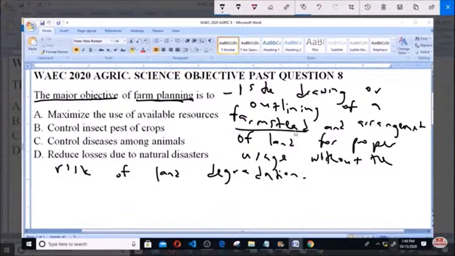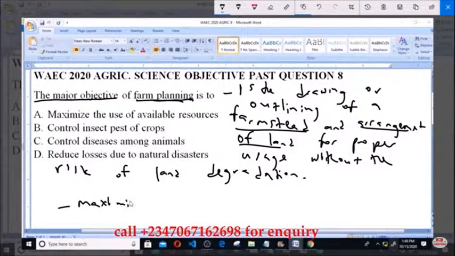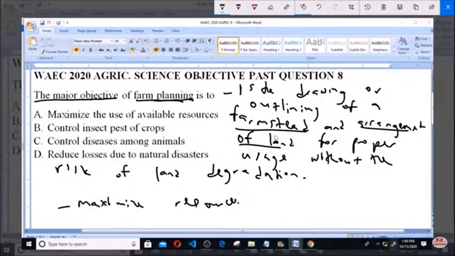for whatever purposes or for the farmstead, and this is done so as to maximize the resources you have available already on the land, such that it suits whatever purpose you want to perform, or whatever you want to do on the farmstead. Now, the options given to us, option A says maximize the use of available resources. Now, as